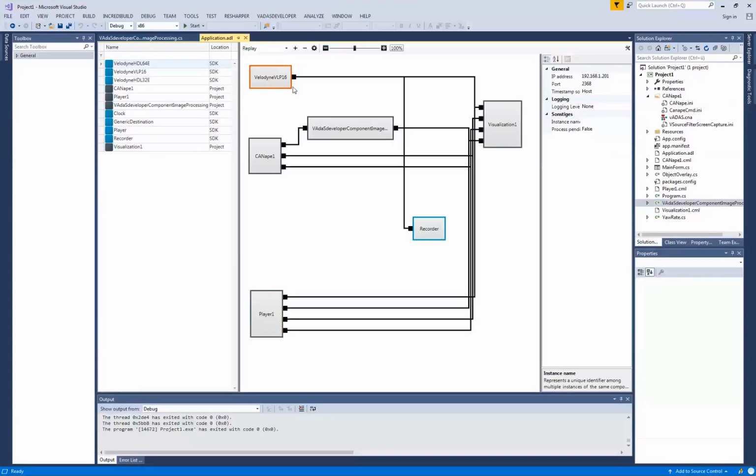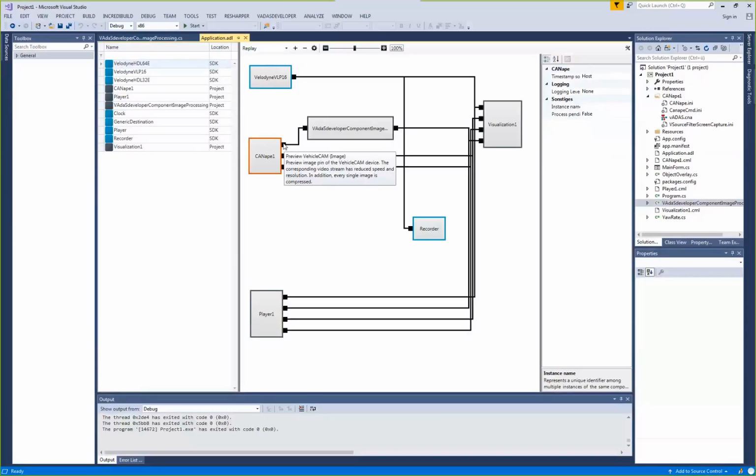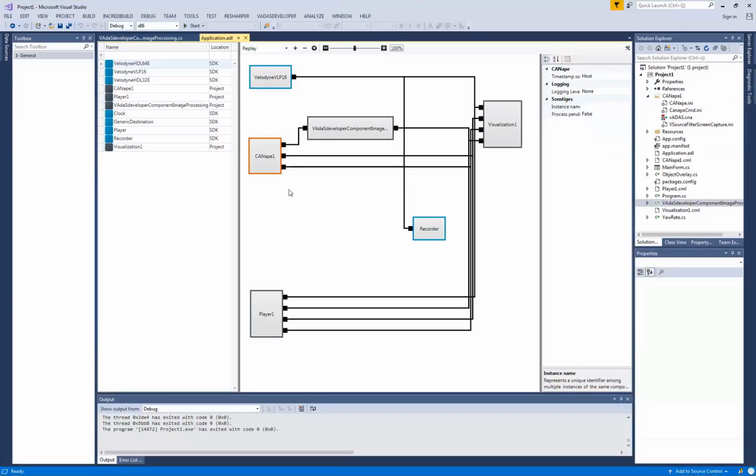For this, we have here our Velodyne component. It's the data source; we are getting data from Velodyne. We have Canopy that will provide us with the data from the vehicle cam, and data from the radar as object overlays, and the data from the vehicle. Later on, we are going to use the recorder to record this data into a binary stream file, which is supported by vADAS, and visualize the data. In the next task, we are going to use a player to play all this data that we recorded with this recorder. So to start, I'm going to start now my